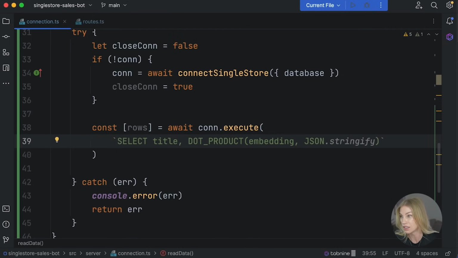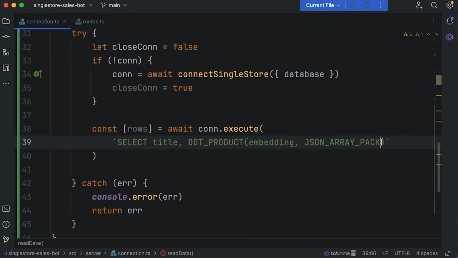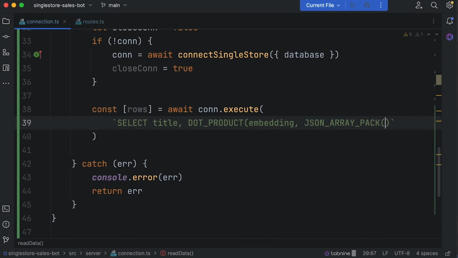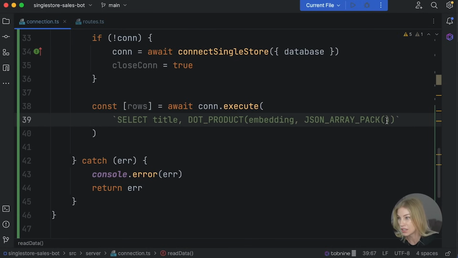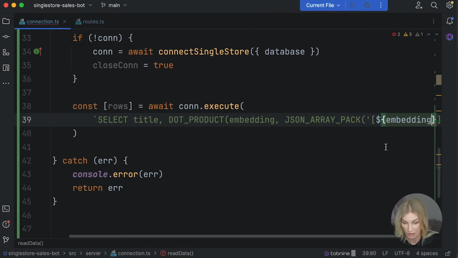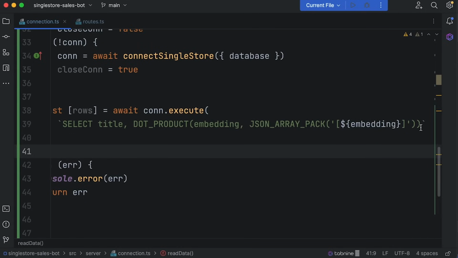And then we're going to use JSON array pack in order to essentially look in the JSON, and then into JSON array pack, we're going to pass through the embedding once more. However, the embedding this time, just use single quotes for now, and then use the text brackets again, and then the $ sign, and then we're going to put in some code, and that is to pass through the embedding like that. So I appreciate this looks complicated. Please take your time, because if you make a mistake, this will not work. And then we're just going to do as